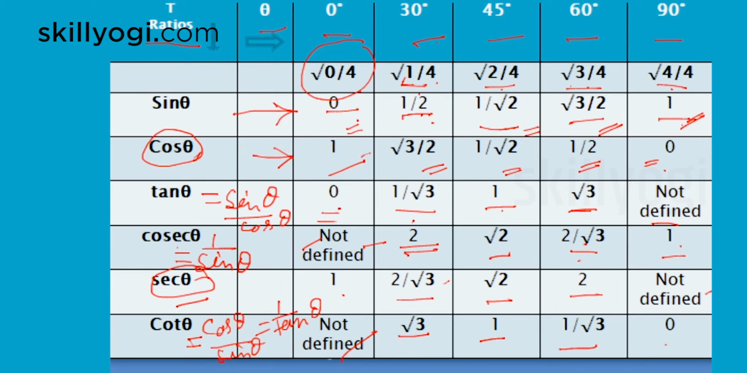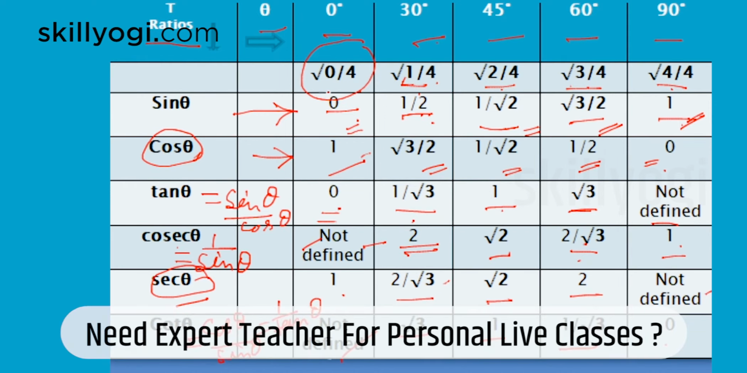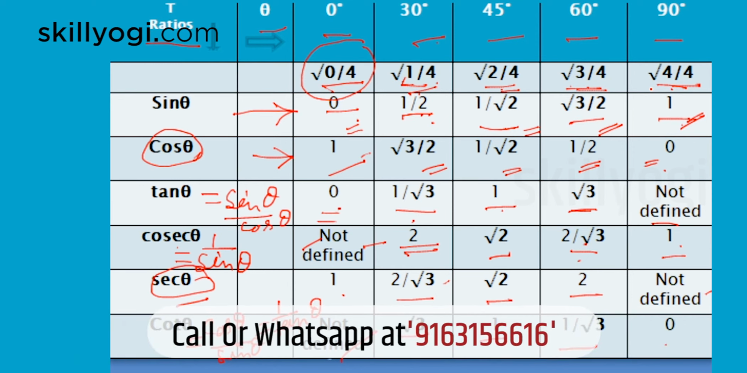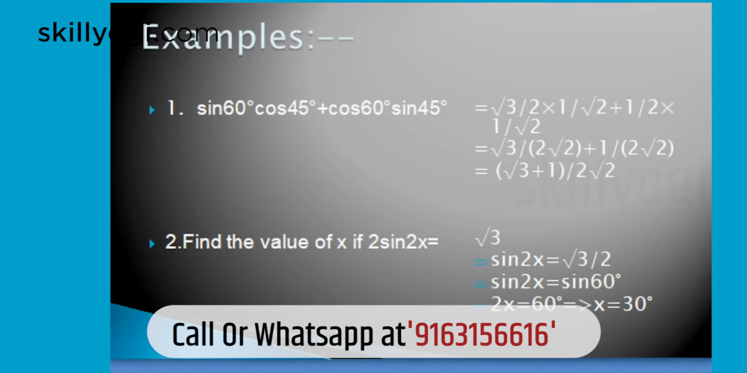Isn't it easy? Nothing to remember. Just memorize this one. We need to write 0 by 4, 1 by 4, 2 by 4, 3 by 4, 4 by 4. That means all the denominators 4 and numerator 0, 1, 2, 3, 4, square root of. We will take square root of 0 by 4, 1 by 4, 2 by 4, 3 by 4, 4 by 4. That's it. Next, let us check